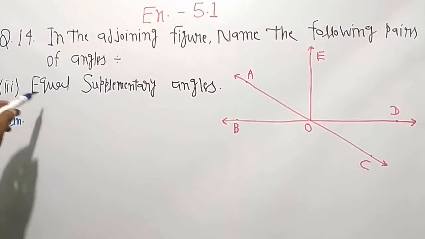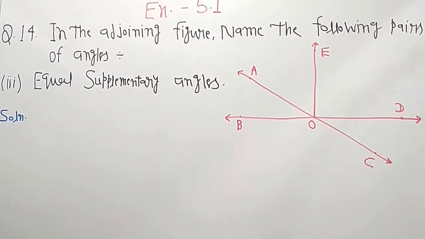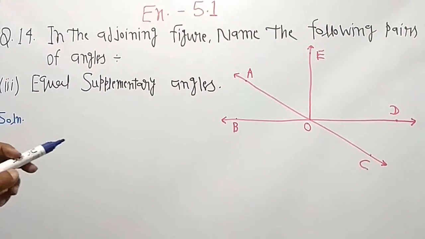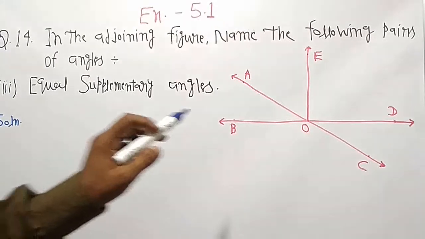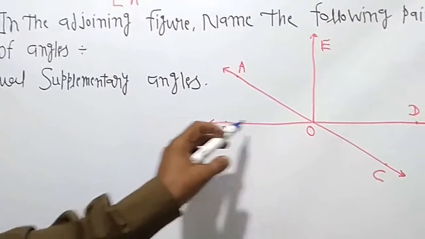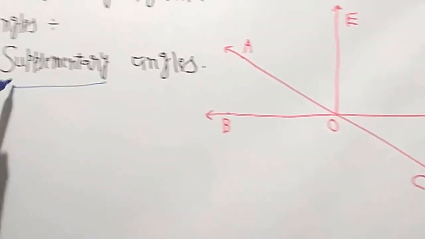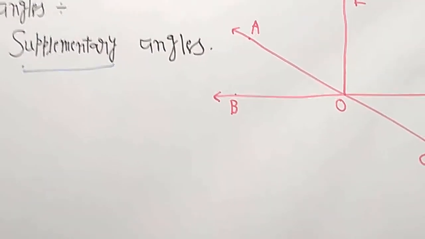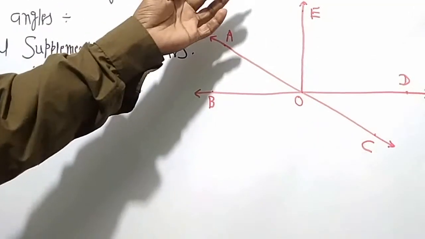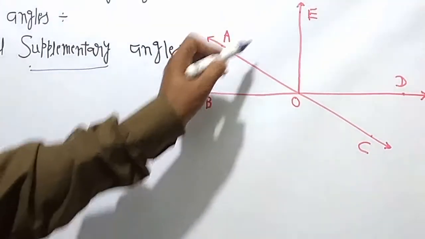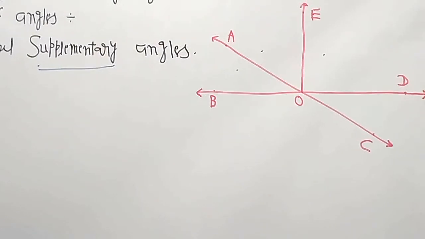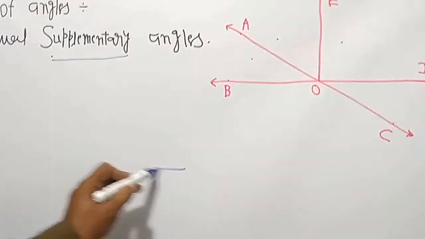Third, it is equal supplementary angles. Now we are searching for the pairs of equal supplementary angles. So we can draw the required part here. There are two parts which can give us the concept of supplementary angles. The sum of two angles gives us 180 degrees, or a straight line. So this is our straight line. On the upper side of this there are three angles, 1, 2 and 3. But we need only two angles. So first we draw the figure like this.